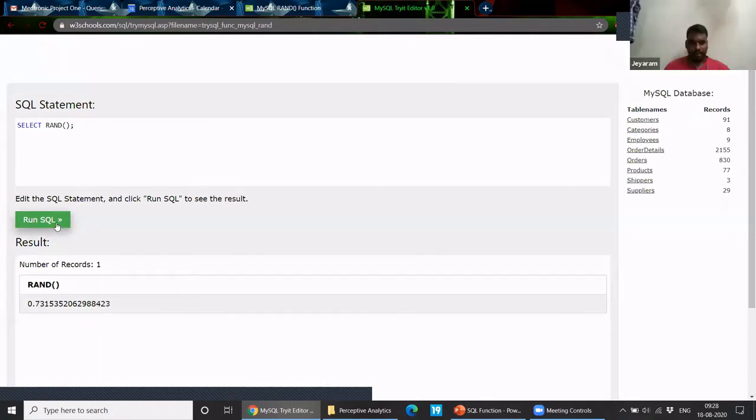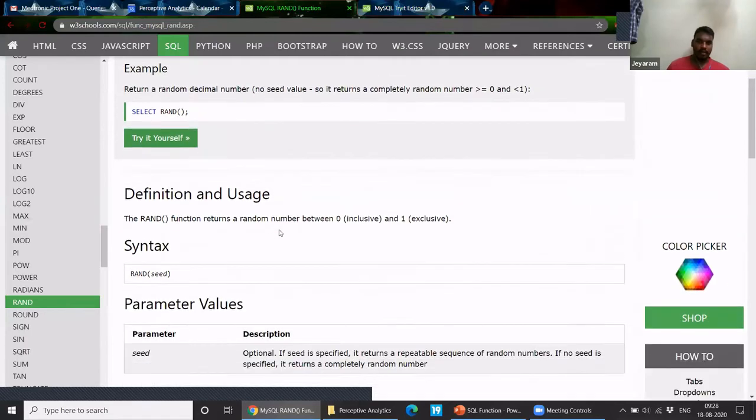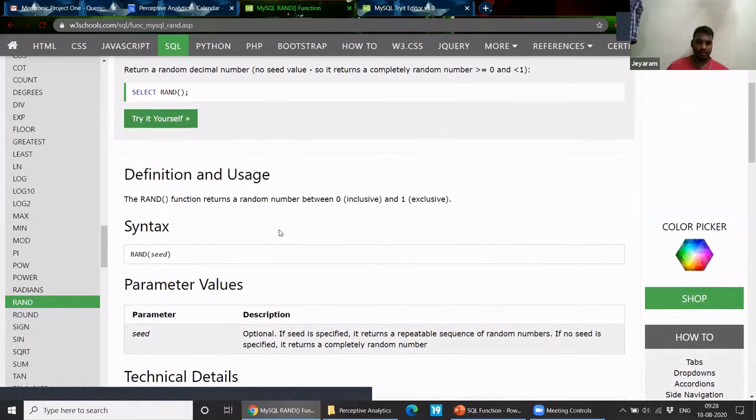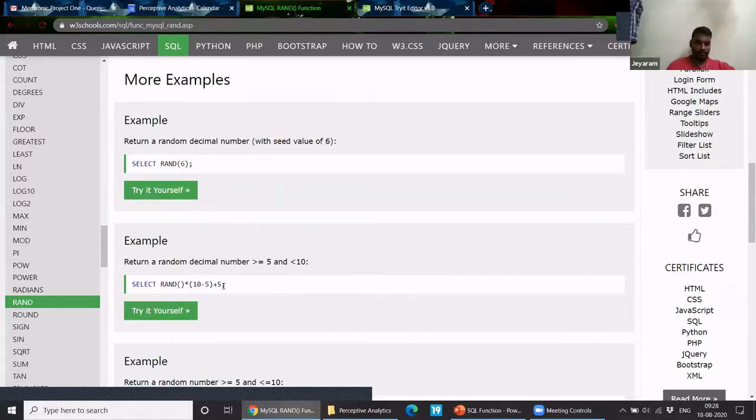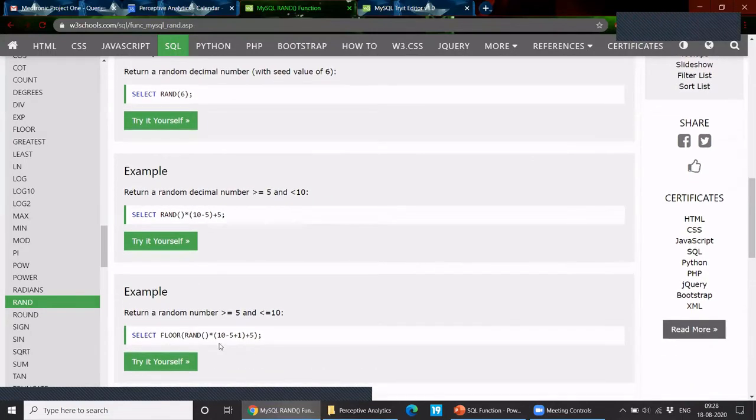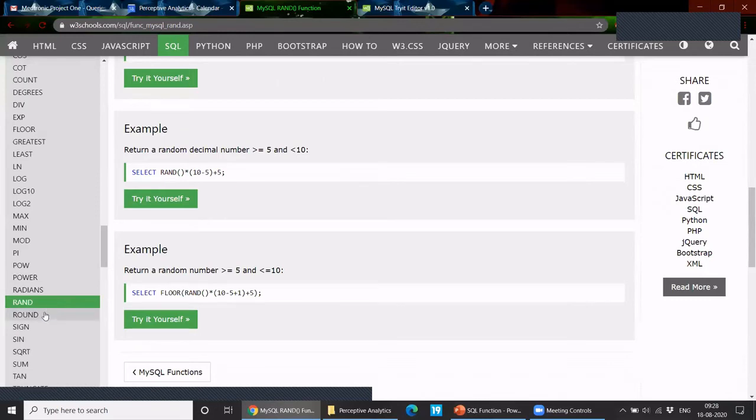Swap, can we edit the range by any chance? For example, now you are saying between 0 and 1. Is there any chance you can edit the range to between 0 and 2 or something? No, you can't edit it, but you can use a mathematical formula. Okay, got it. This way, you can use a floor or ceiling function to make it 0 or 1, and then you can just calculate it, so your values will change. Okay.